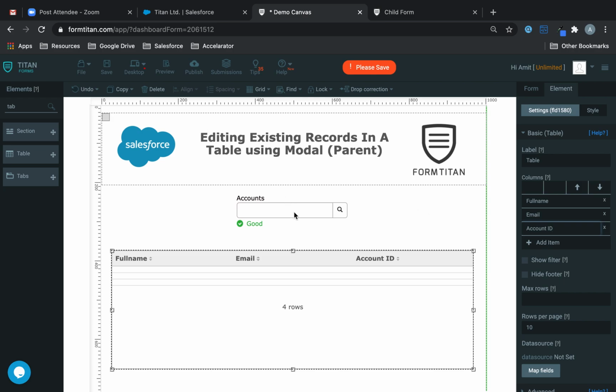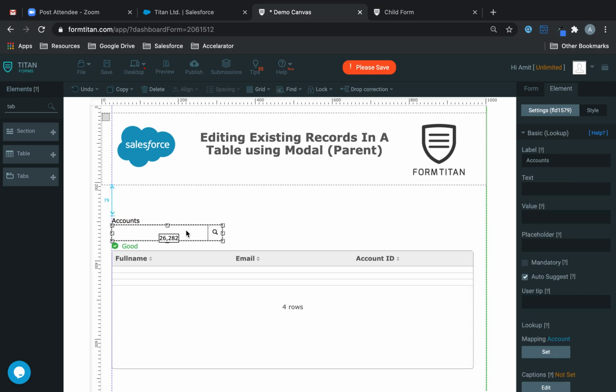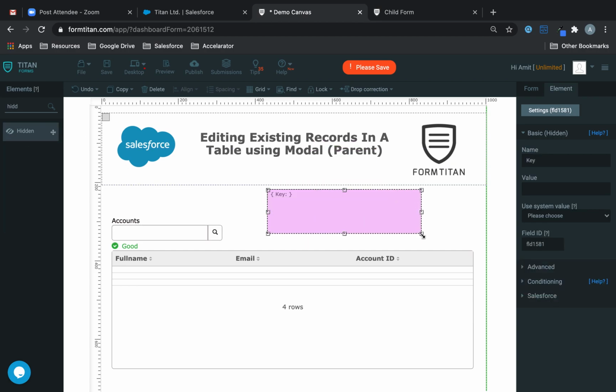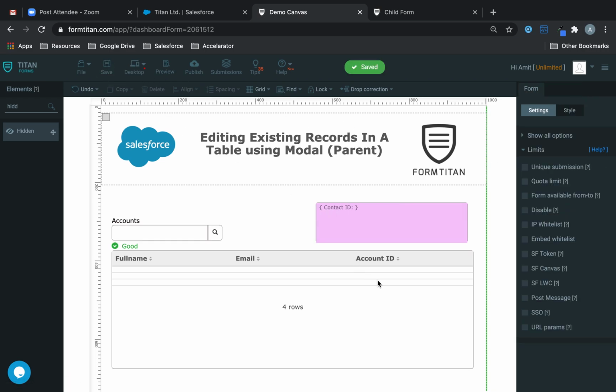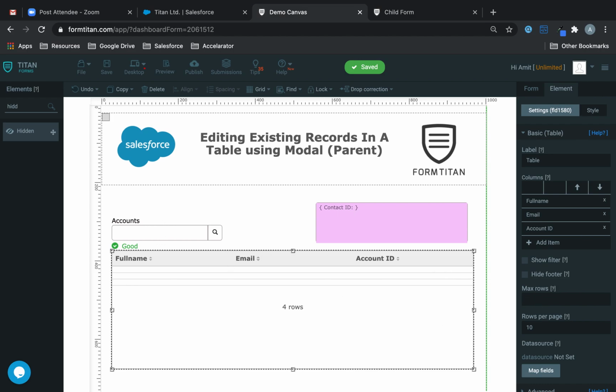And then what I'm going to do is bring another hidden field, and I'll explain why I'm doing that in a second. So let's get this hidden field, and we'll call this hidden field contact ID. Alright, what I'm now going to do is go ahead and map this table to bring contacts